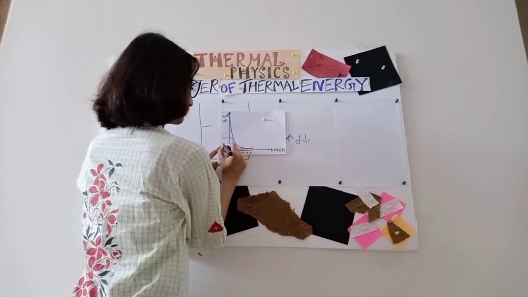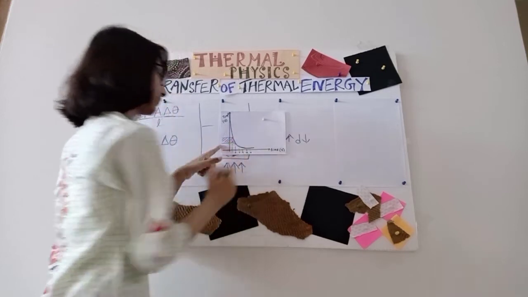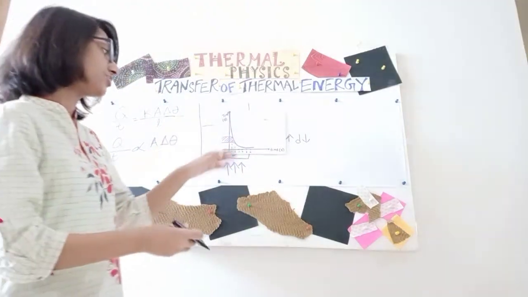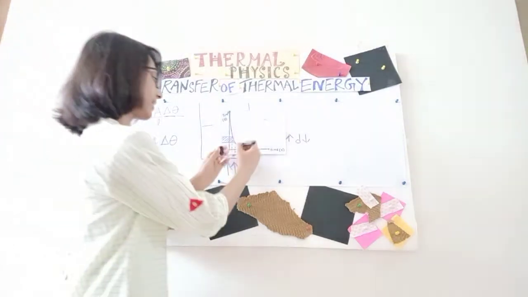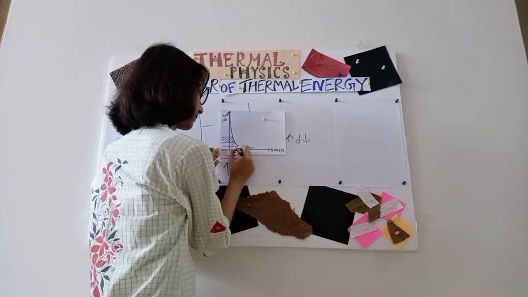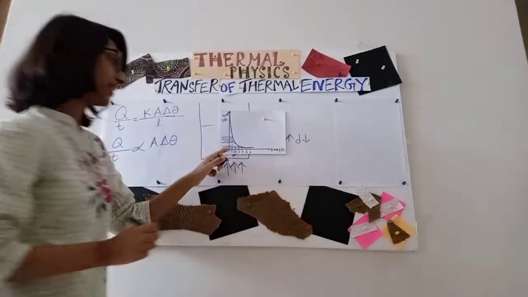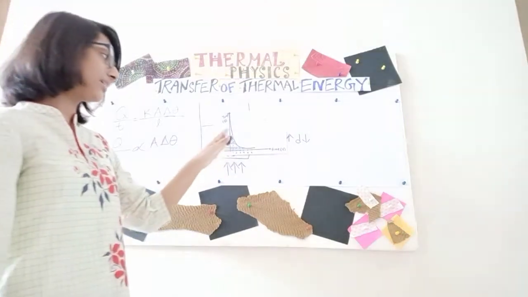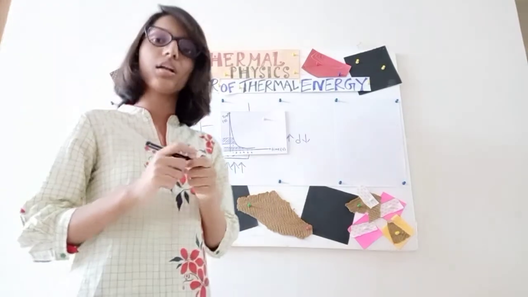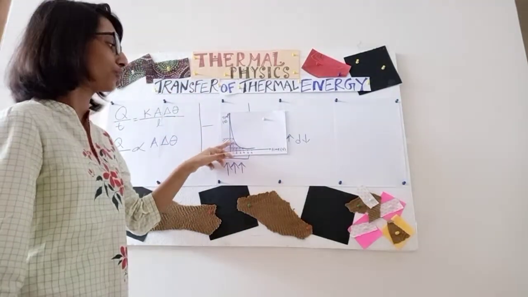If you see over here, this is the heat transfer in the first 1 minute. Now let's see the second 1 minute. It is only this much. Isn't it less? This is something I am showing like this way, but it is easier if you understand the gradient. You see the gradient of this one is of course higher than this one.